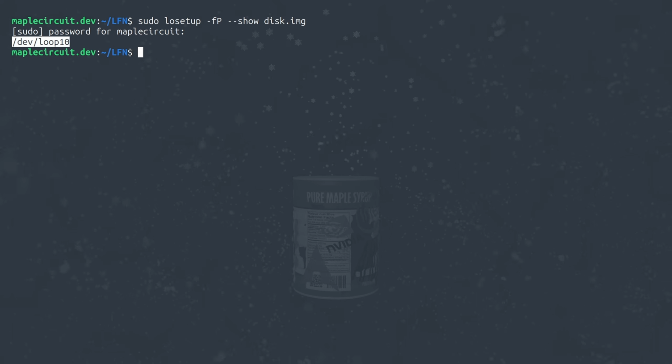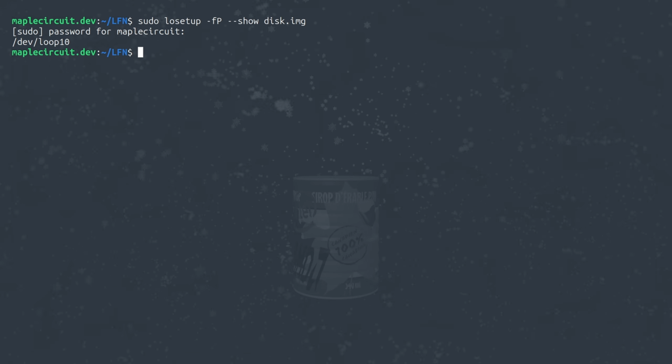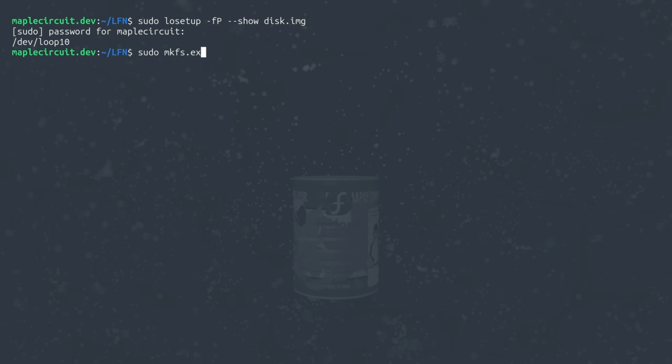It's a blank partition. It's not ext4. It's not anything else. It is a blank partition. So let's actually format that partition. For that, we use sudo mkfs, so make a file